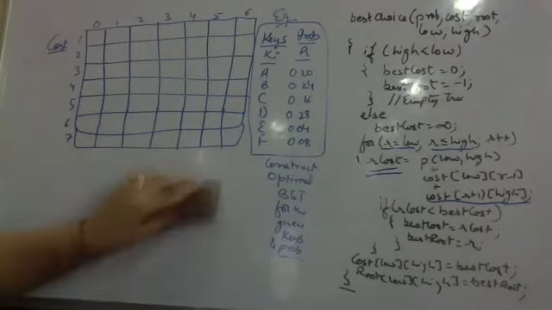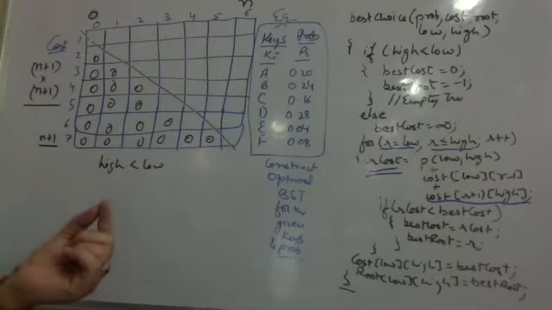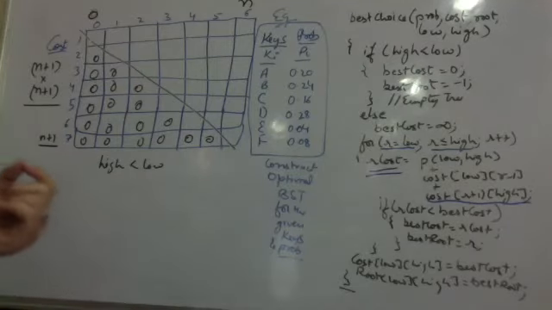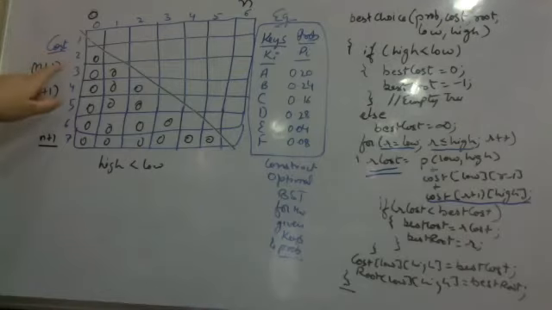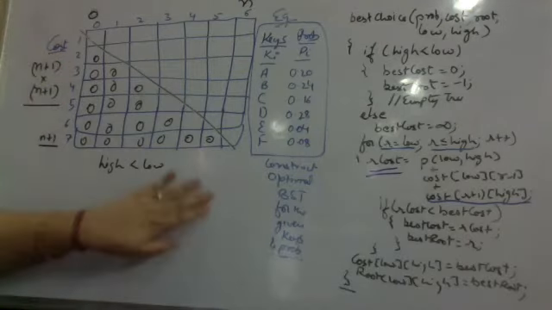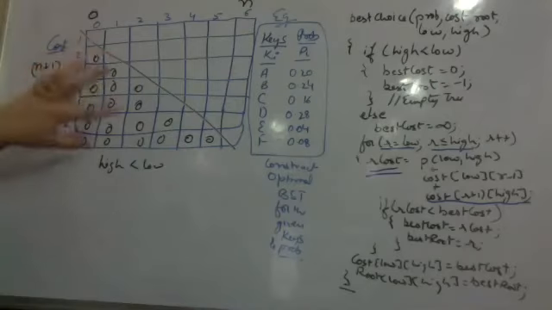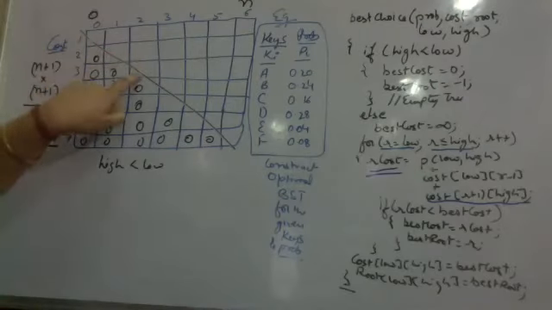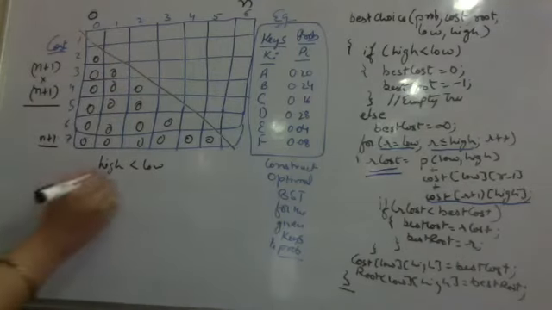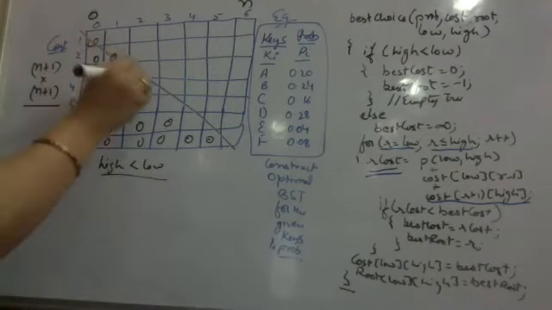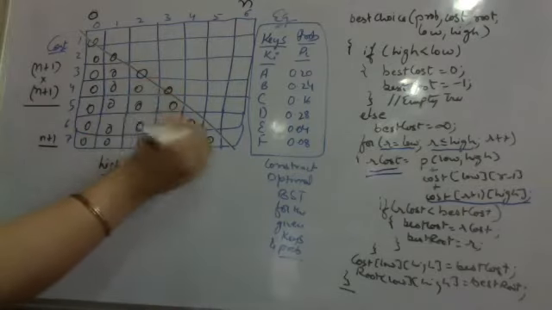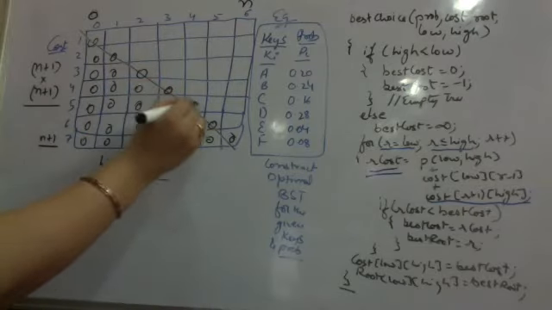So let us begin. Even if you technically see the diagonal elements, they are also 0. What is the diagonal element? That is a single tree. For diagonal elements in the current matrix, if you see, high is less than low. High is 2, low is 1. High is 3, low is 2. So for diagonal elements also, high is less than low, so even they are 0. The condition remains the same. We have chosen the matrix such that the diagonal elements remain 0.